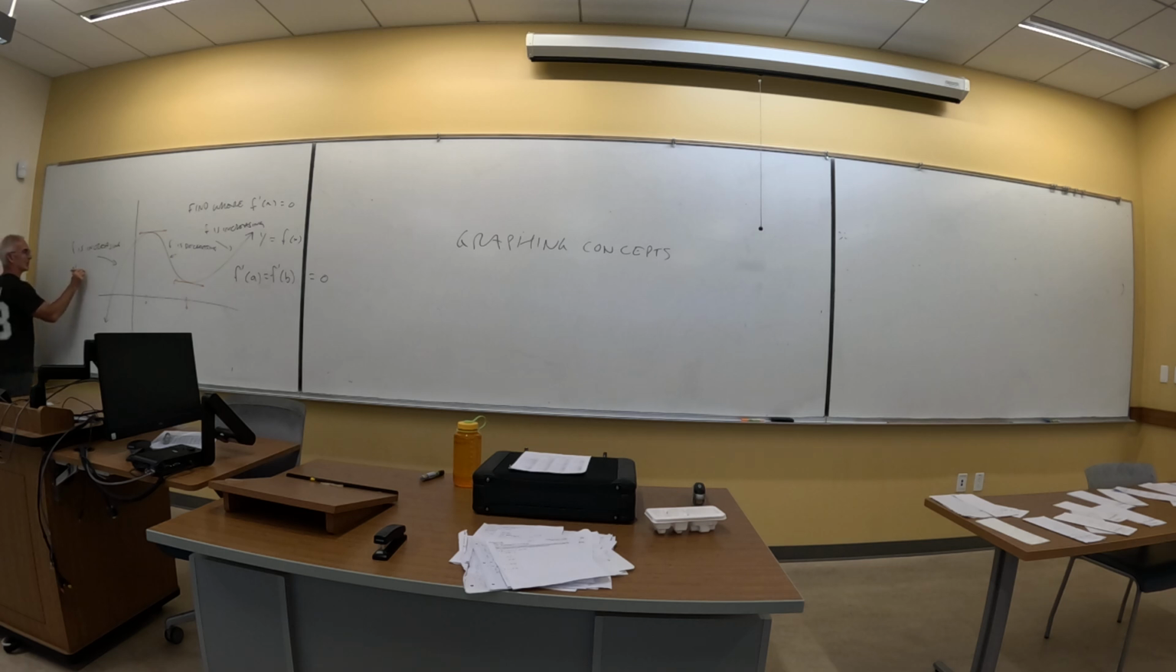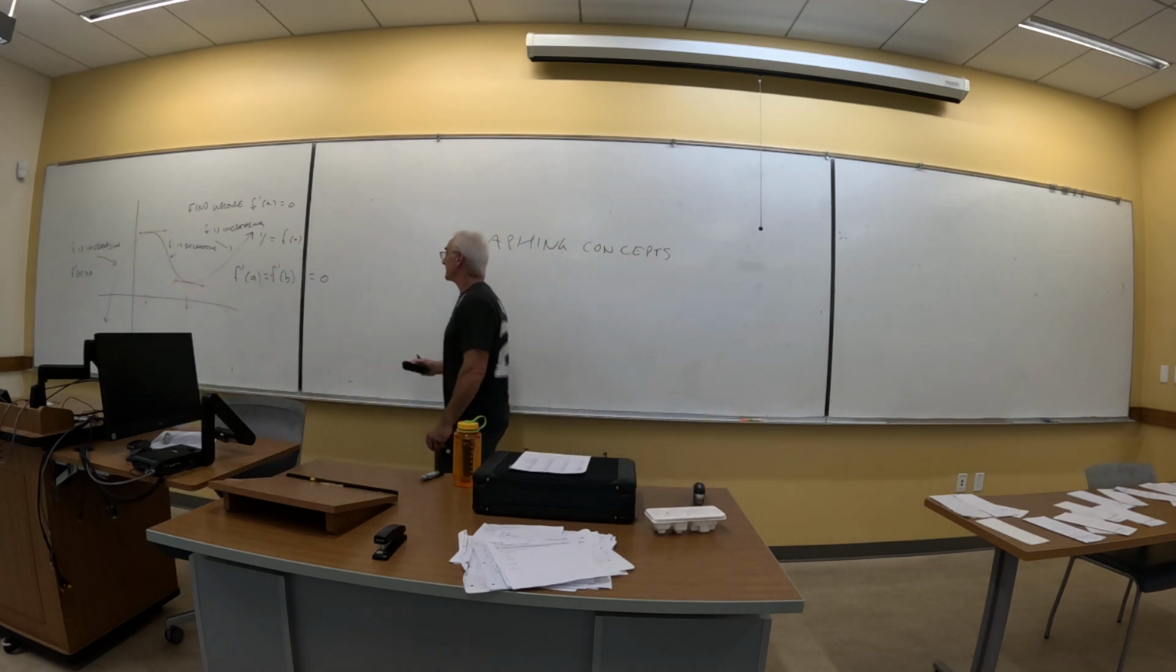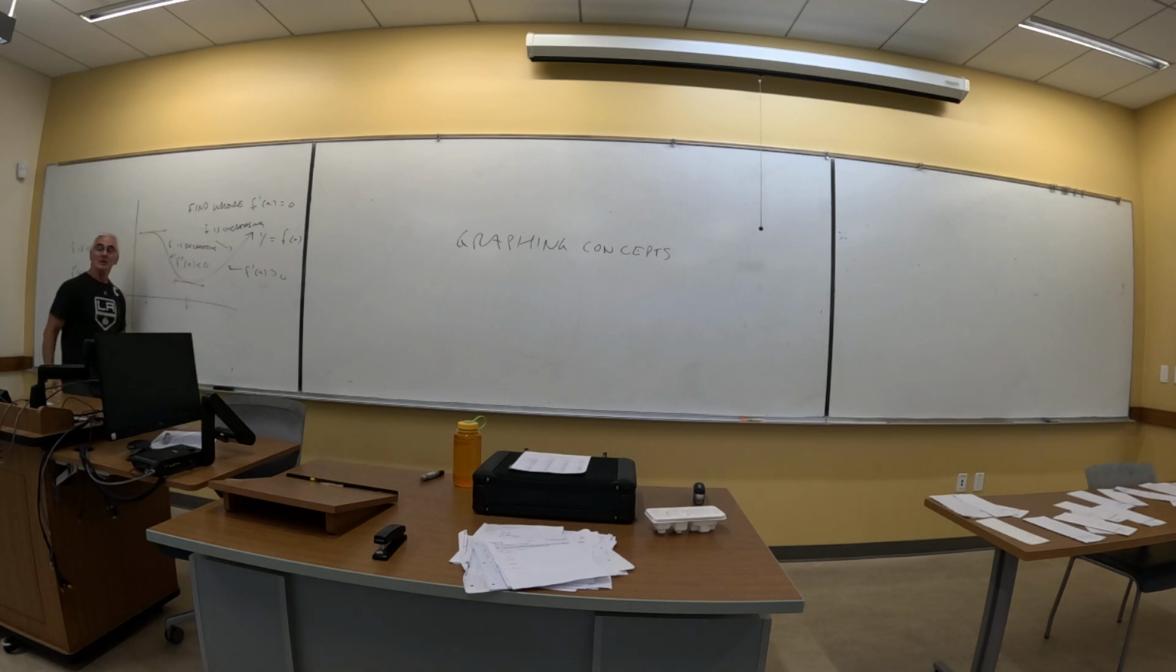f prime of x in this area must be positive. All of my slopes are positive. In this region here, this will give you, I probably should have changed color. Erase this for a moment. In this region here, f prime of x is also positive, which means in this region here, f prime of x must be negative. So if I can tell you where the derivative is positive, I can tell you where